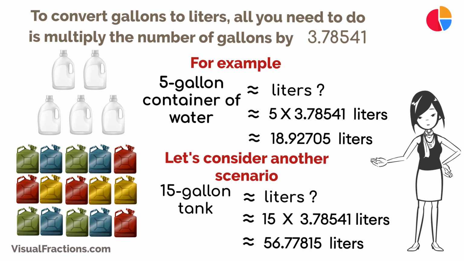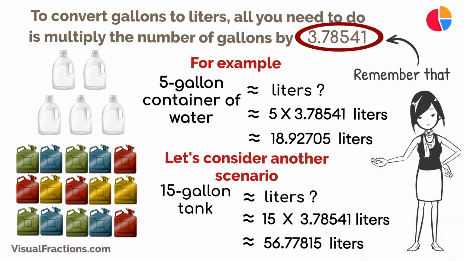Converting gallons to liters is a straightforward process. Remember that 1 gallon equals approximately 3.78541 liters. With a bit of practice, you'll become proficient at making this conversion, ensuring accurate volume measurements in different